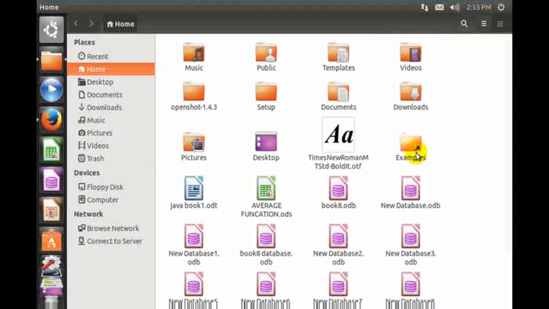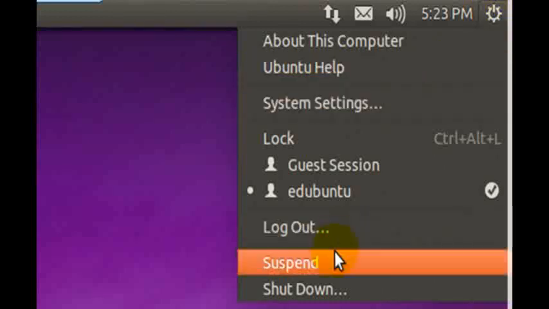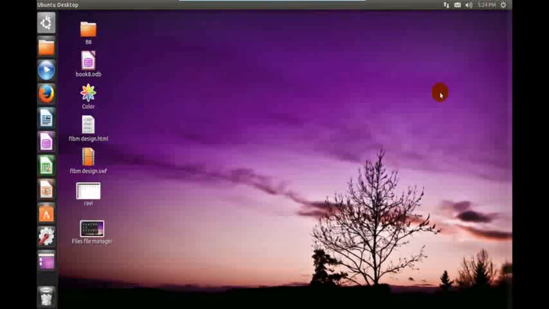Under the General section, select either right or left radio button as the primary button. By default, left radio button is selected. To change the double-click speed of your mouse, drag the slider towards left to make it slow and towards right to make it fast. Similarly, you can change the speed of pointer. To check the recent changes made in the mouse settings, click on the Test Your Settings tab present on the extreme right corner of the mouse and touchpad dialog box. Click on Close button to close the dialog box. Okay students, note that touchpad option gets enabled only if you are working on a laptop.